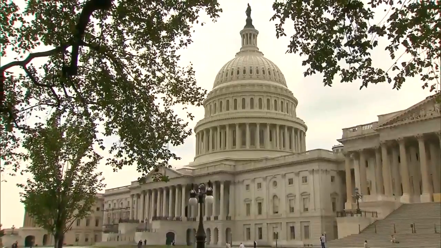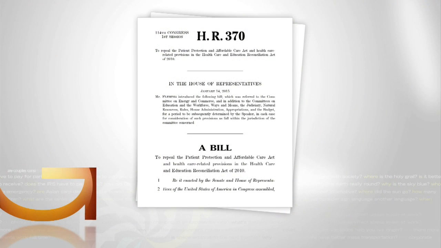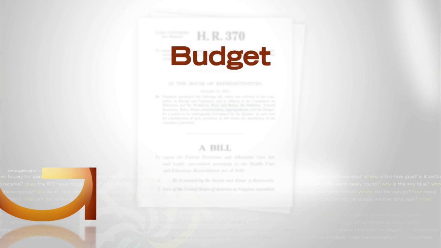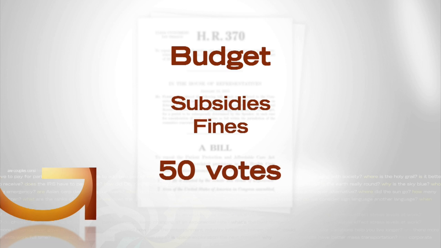But there's a potential workaround to the filibuster rule. It's called a reconciliation bill. It can only eliminate parts of a law that have to do with the budget, like getting rid of the subsidies or the fines for not having health insurance. That just requires 50 votes in the Senate. Another thing Congress sometimes does, though, is they just cut off the money. And that can functionally, at least depending on the statute, have a very devastating impact as well. But it wouldn't repeal the law.